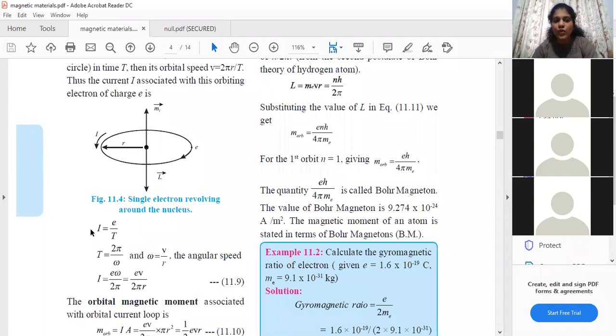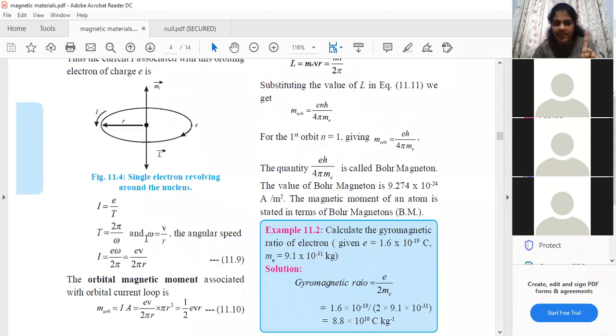Now students, over here, there are two things that can be done. First thing is, you all can use what is given in your textbook. Omega is 2 pi F. F is nothing but 1 by T, which means that omega is 2 pi by T. If I modify this, T will become 2 pi by omega, which is written over here. So first you can substitute this over here, and then instead of omega, we all know that the formula for omega is V by R. So instead of omega, you all can write V by R. This is one thing that can be done.